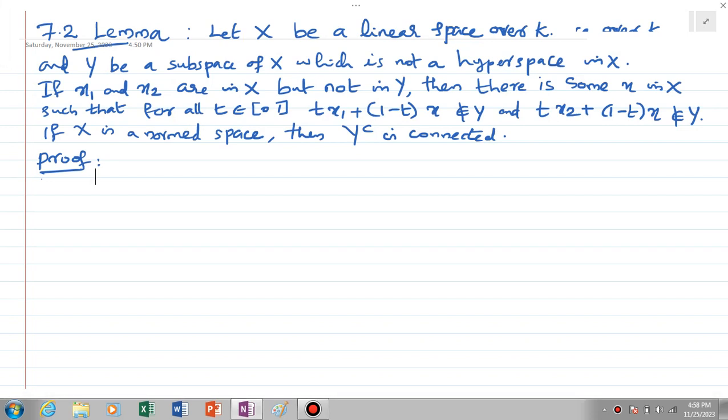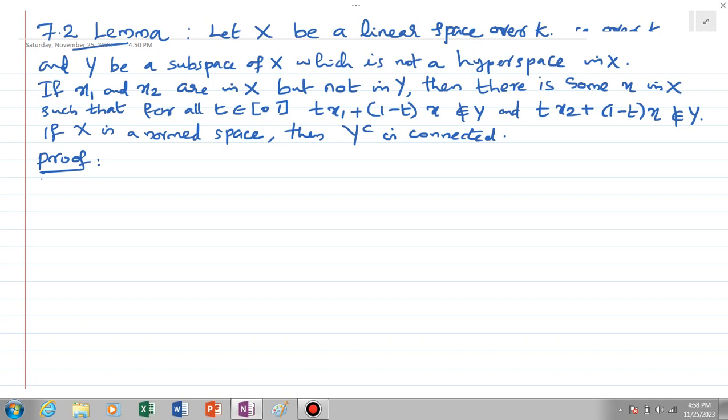Welcome all. Now we are discussing Lemma 7.2. Let X be a linear space over K and Y be a subspace of X, which is not a hyperspace in X. If x1 and x2 are in X but not in Y, then there is some x in X such that for all t element of closed interval [0, 1], t x1 + (1 - t) x